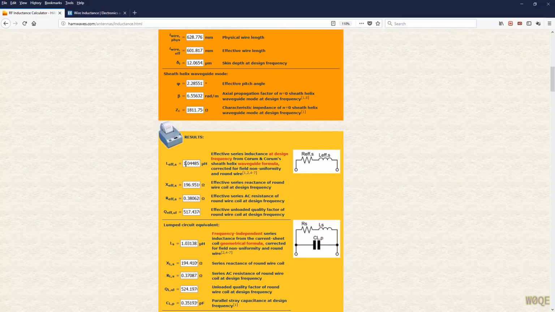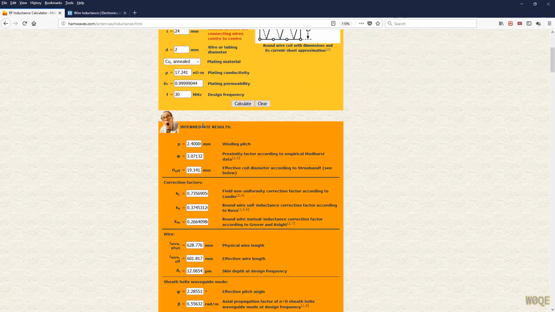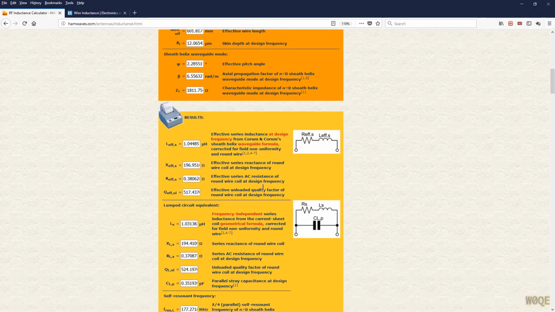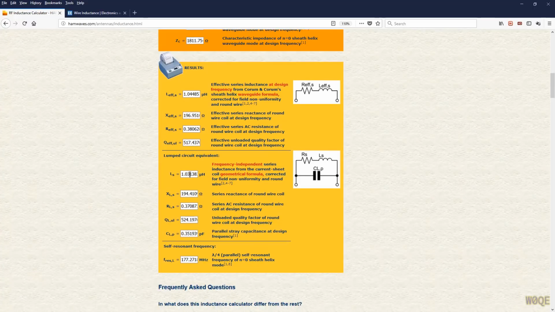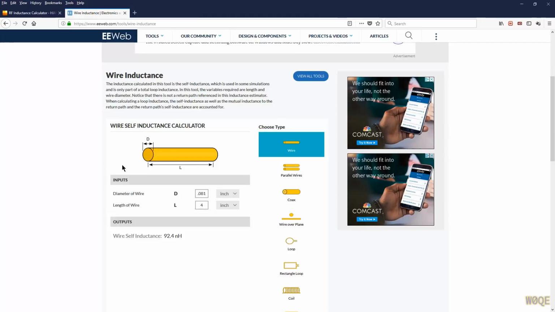You also tell it what frequency you want. I said 30 megahertz. And it comes up as a 1.03 microhenry inductor, but it measures as a 1.44 microhenry inductor, and that's due to the slight inductance increase you see due to the resonant circuit, even though the resonance occurs at 177 megahertz. But it provides things like the parallel capacitance you could put into SimSmith to model the inductance well. The other thing is any of the numerous calculators that are out there, like this one on EEWeb,